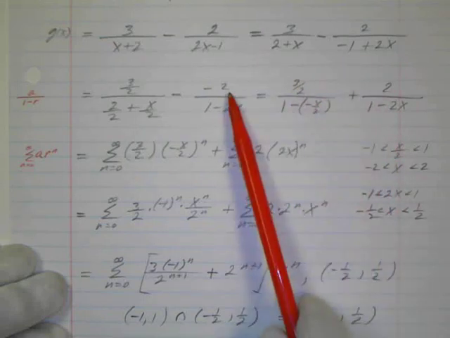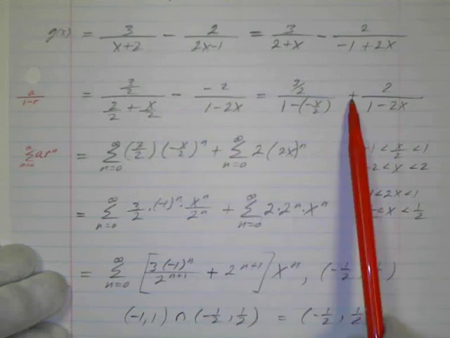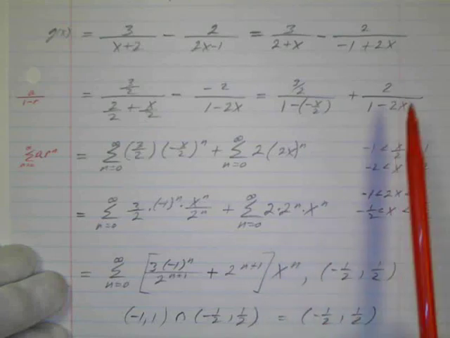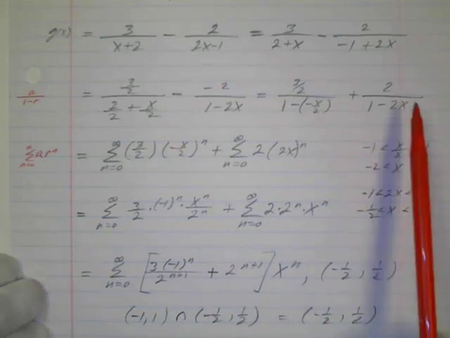And then over here wasn't too bad. Actually, we can just say a negative times a negative is positive, so we do not have to worry about that negative sign in the a, and there we go. And here my r will be 2x. So when we put this in our